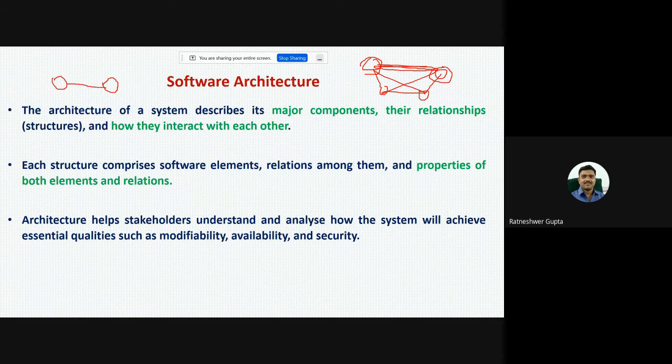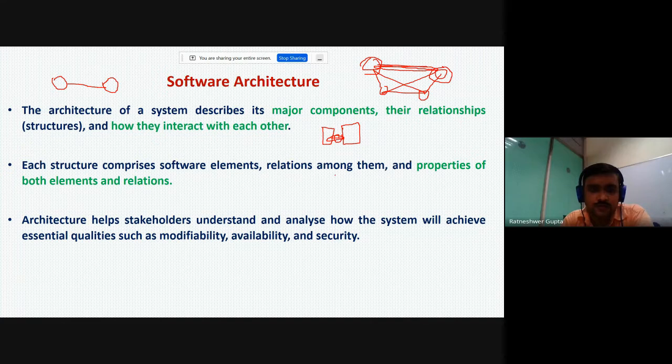Suppose you take a very general example: the architecture of a house. Here you make the kitchen and here the bathroom. It might be possible that the kitchen is working very fine and the bathroom is working very fine, but suppose there is some vastu rule that the kitchen cannot be adjacent to the bathroom. Those components are working properly, but their interrelationship is not. So only understanding the properties of the components is not sufficient. We also have to understand their relationships.